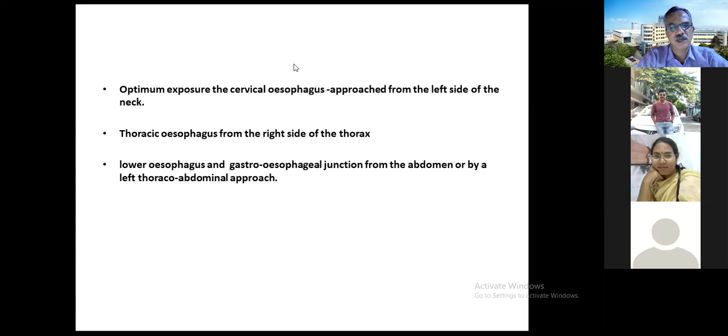Chylothorax, right. Then if there is an azygos vein injury, hemothorax, right. So these are the things you have to take care of. That's why you go very close to the esophagus and remove it, not going outside. So you're able to appreciate all the anatomy there now. Yes, sir.